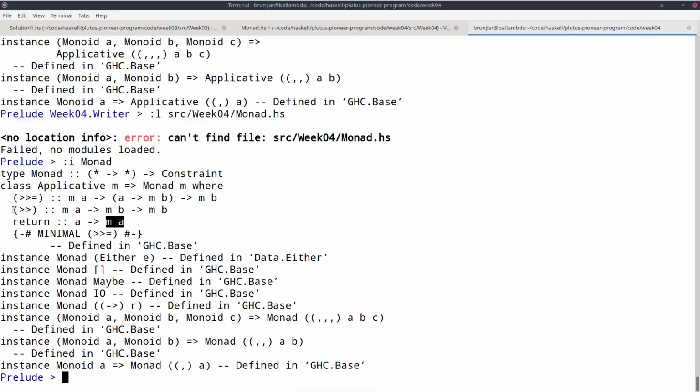We see here that we also have this operator that I explained in the case of IO, but that can easily be defined in terms of the bind.